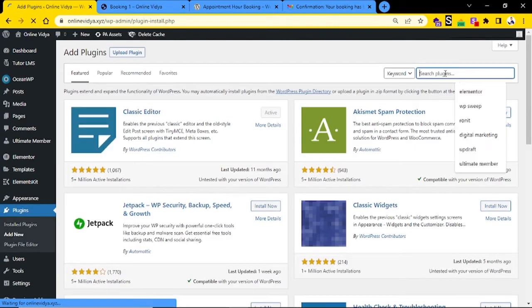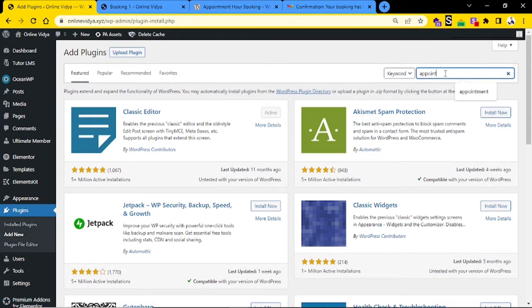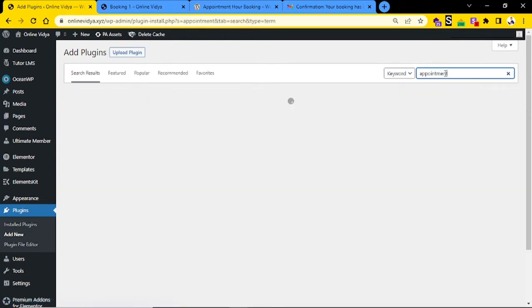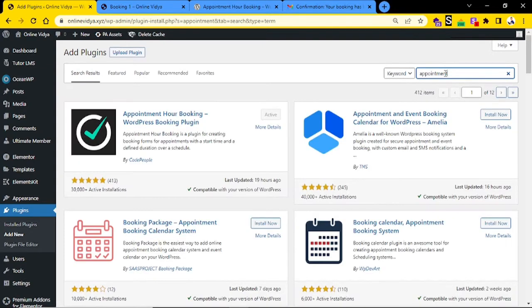and simply search for appointment. Great. So this is the plugin that you need. In my case, as you could see, I have already installed and activated the plugin. In your case, you will get a couple of buttons to install and activate the tool on your WordPress backend. Once you install and activate it, you will get a button like this. See here,